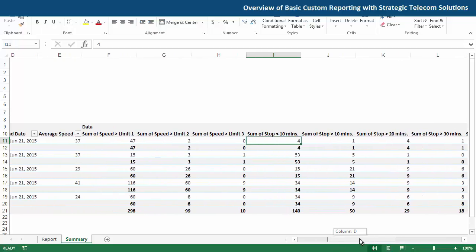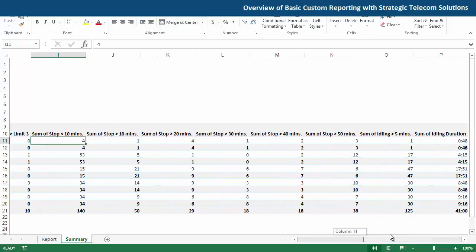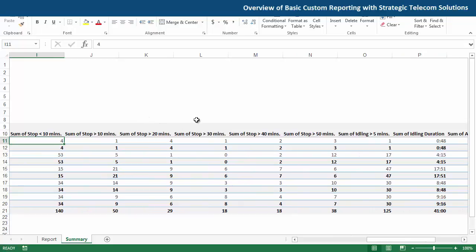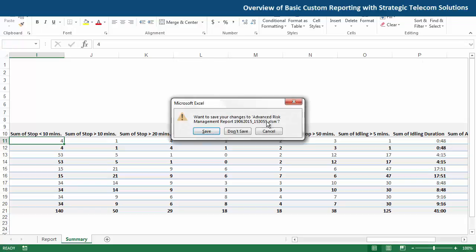I want to edit this report a little bit. I have all this information here on stops less than 10, more than 20, more than 30, and what I want to do is just get rid of it. I want to set up this report so it's on my dashboard, and I can just click on it to download, but I'm not interested in this data on the length of stops. So what I'm going to do next is go back into my portal,